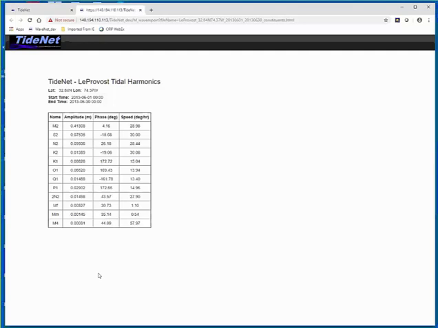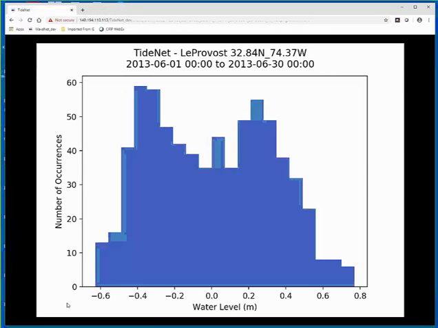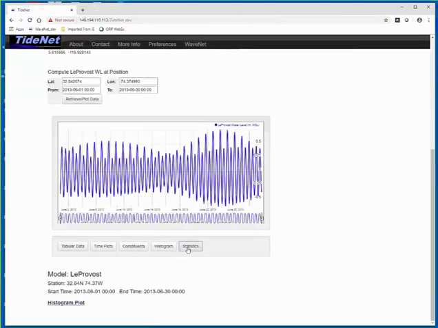So you can take this and then input it in your SMS, right? To set up your SIRP, ADH, whatever, and CMS, to run those models. Histograms should give you a plot of tide histogram, water level, number of occurrences, and statistics.